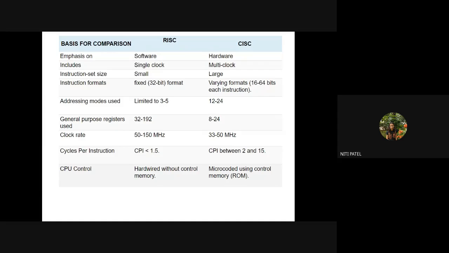So with this, we complete the second part of your CPU architecture, that is, addressing modes and the RISC and CISC architecture. Okay. So we are only left with the design part, which is the hardwired control unit and the microprogram control unit, which we will continue tomorrow. Fine. Is this clear up to here, everyone?